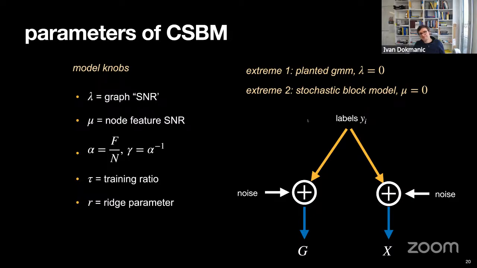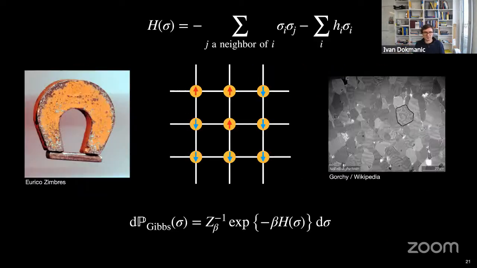So here's a perspective that will also be useful for the second part of my talk, that I think is useful to think about this problem. One way to think about this problem is that what we really are interested in are labels for our data points. And now these labels are this latent unobserved thing, and these labels go into two different independent channels. One channel is an SBM channel, and it generates the graph. The other channel is kind of a GMM channel, and it generates the features. But the noise in these two channels is independent. And so there is hope that by constructively using both independent sources or views of our information, we can do better than by using either one alone.